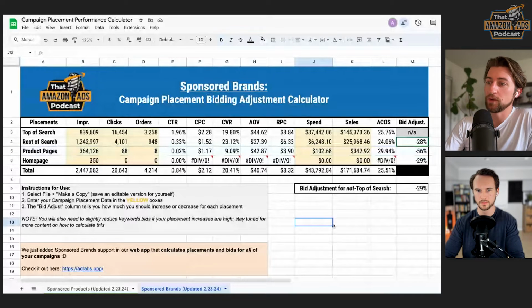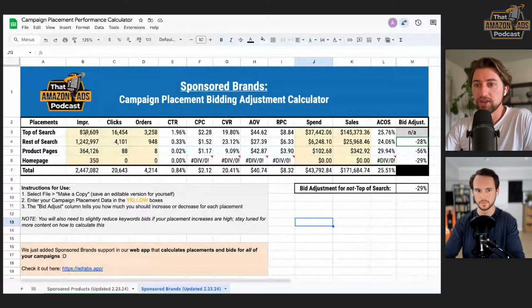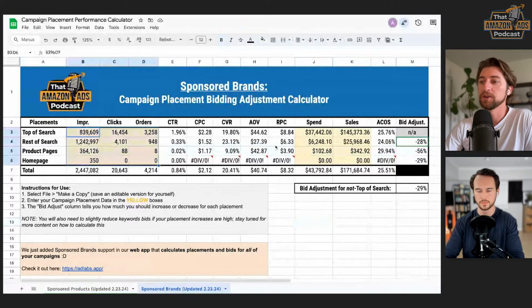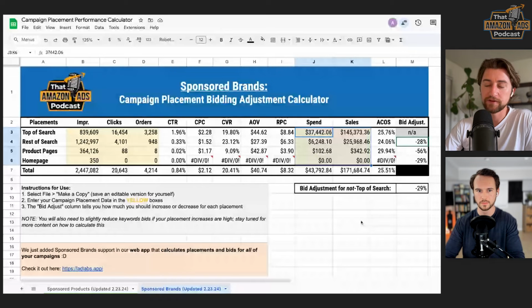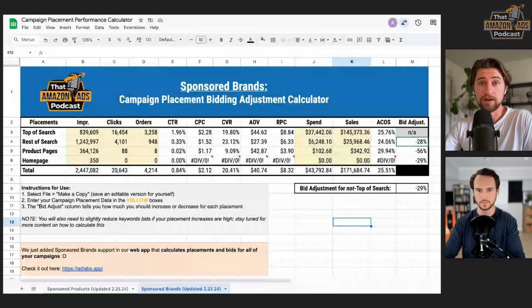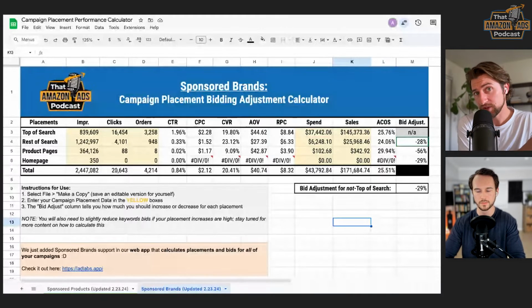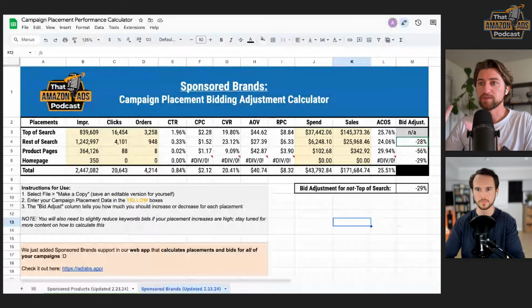Now, the way you're going to use this calculator is, once again, you will download a Sponsored Brands Placements report. You'll fill all this information in. You can also grab this from a bulk sheet download. Caveat on that is Amazon has their legacy Sponsored Brands bulk sheet, which does not have bidding adjustments in there. And then there is the Sponsored Brands multi-ad groups, which does have the placement settings in there. However, that is only for the multi-ad group sponsored brand ads.